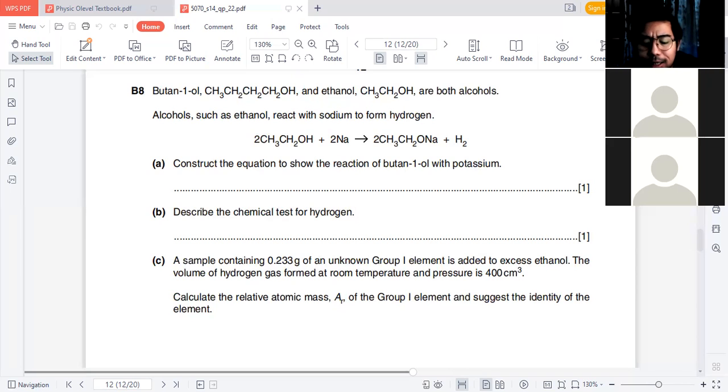Then what happened? You have 0.3333 mole. Now I want to find its AR. Mole is equal to mass over AR, so I want to find AR, which is mass divided by mole. The mass is 0.233 divided by the mole, which gives about 6.99, so 7. So it's around 7. Now I hope that you understand that, because we have come to the end